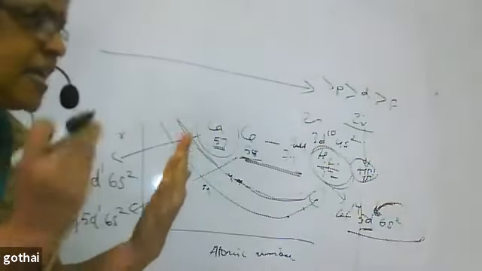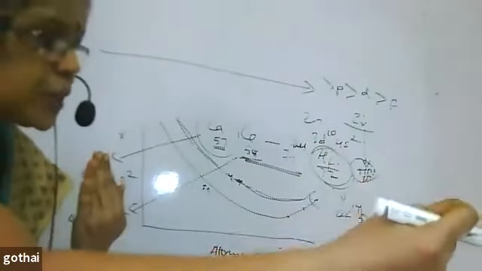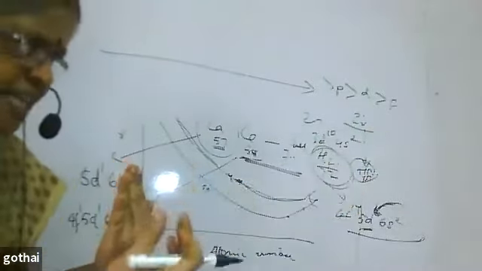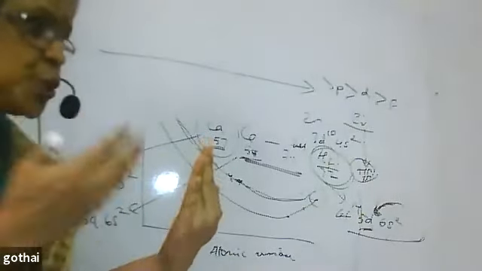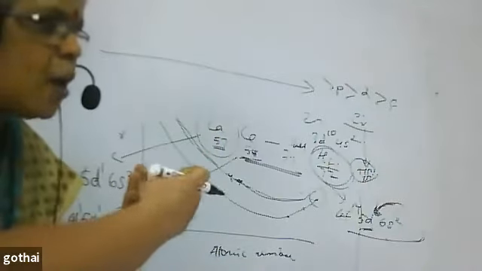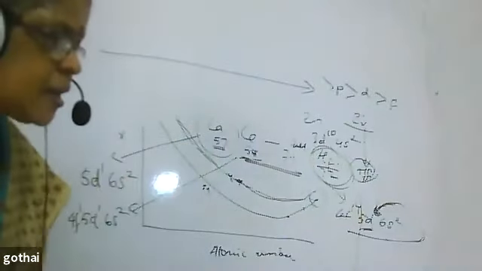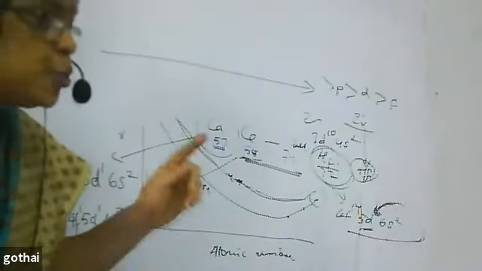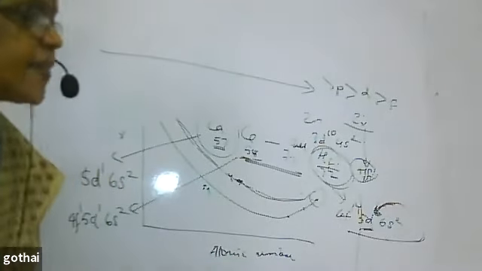Slowly the shielding effect increases. Then what happens? The outer electrons are held away from the nucleus. So nuclear charge increases, it pulls electrons towards itself. Shielding effect increases due to increase in the electrons. So the outer electrons are held away from the nucleus. Both are acting opposite to each other. So what happens? You expect a decrease, but that decrease is not being seen in lanthanoids.